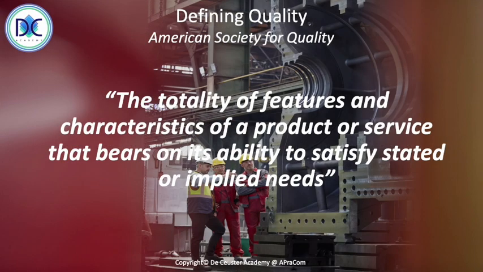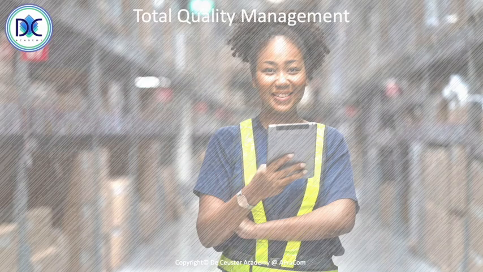The first thing is about defining quality, and the American Society for Quality defines it as the totality of features and characteristics of a product or service that bears on its ability to satisfy stated or implied needs. Now we can have courses about quality. I'm just mentioning some important aspects for you to have a clearer understanding of how to deal with quality when